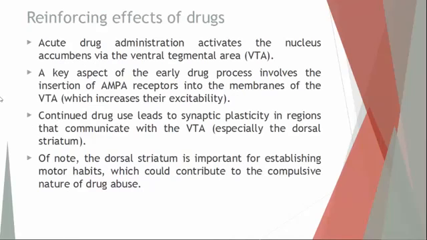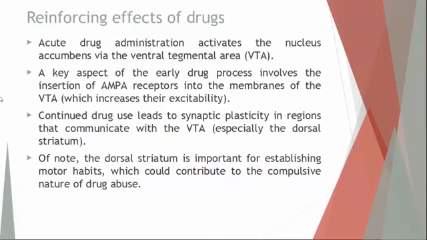The last topic we'll talk about in this presentation, reinforcing the effects of drugs. When you have drugs like stimulants, like cocaine, amphetamines, they target one very particular area of the brain, and it's called the VTA, the ventral tegmental area. And the reason why this is very important is that it is a region of the midbrain where dopamine is produced. And we've talked about dopamine a few times already.